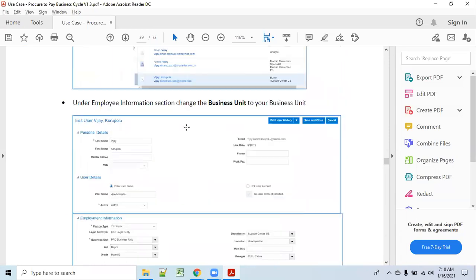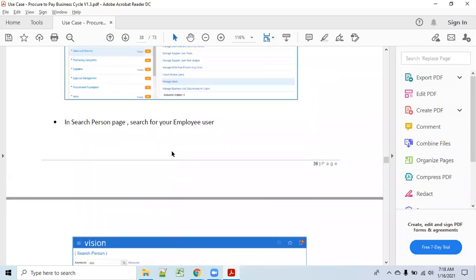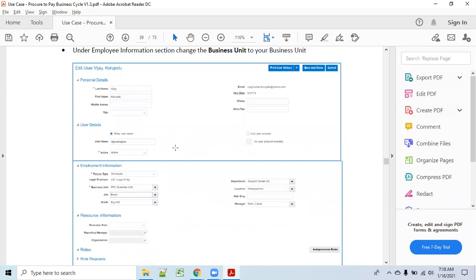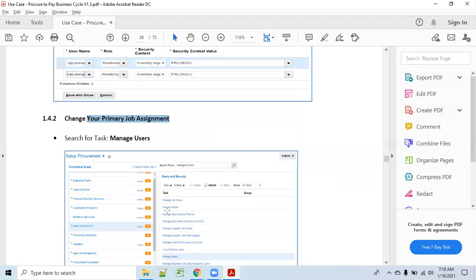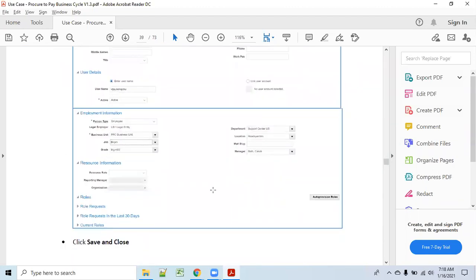Why do we need to change? We can set up from the start itself. Is the person a buyer or an operations unit employee? This job is what it is talking about. This primary job is not mandatory, but whatever job you define in your system, if you want to bring it, you can add it here in Manage Users.